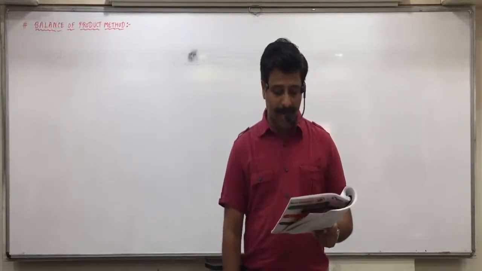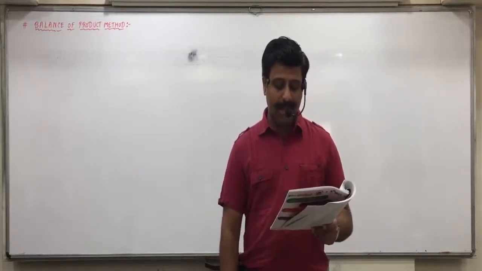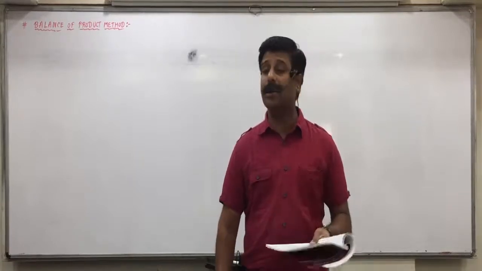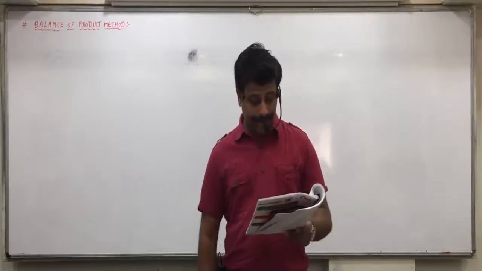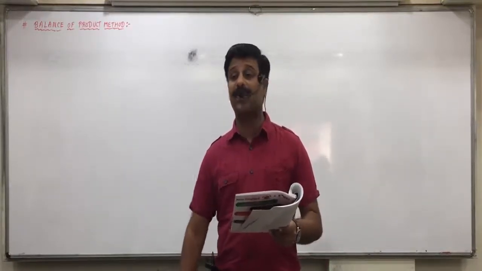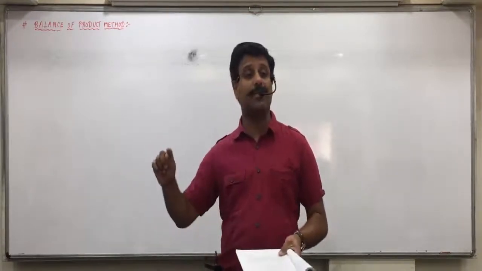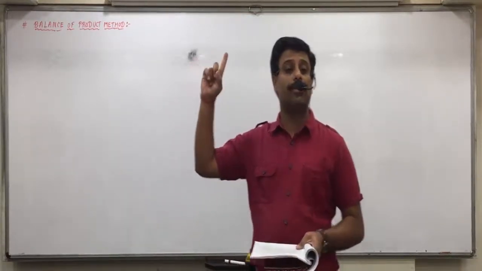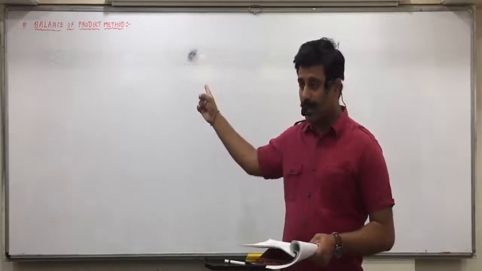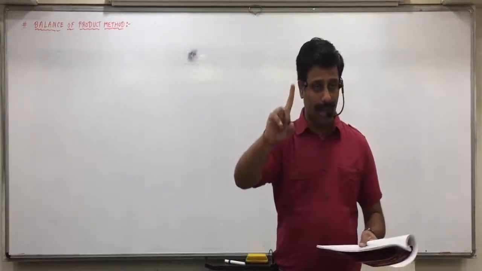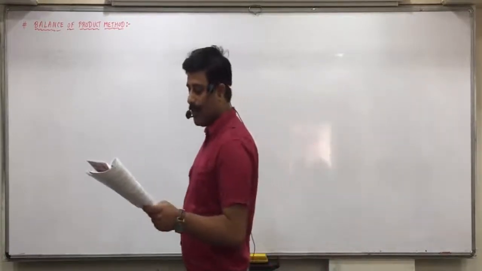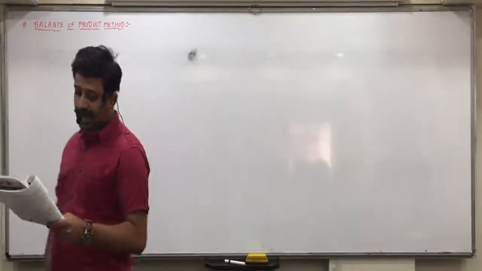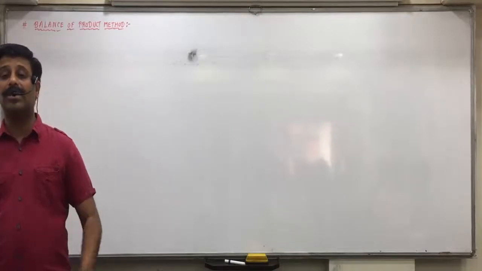Now calculate the product of each transaction by multiplying the days with the amount and insert it in the product column. Now instead of counting interest, we'll be counting product. Then find out the balance, either debit or credit, of the products of the two sides. So first we'll balance which column? Like we used to balance the interest column, the product column. Again, as I said, interest you'll now count only one time. Calculate the interest with the help of the formula given below: interest equals balance of product into 1 upon 365.